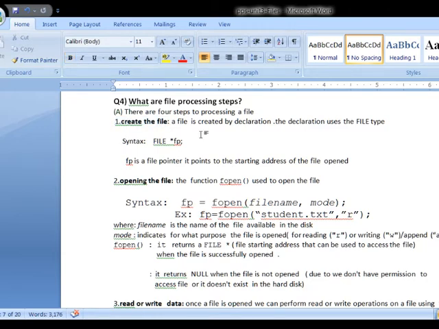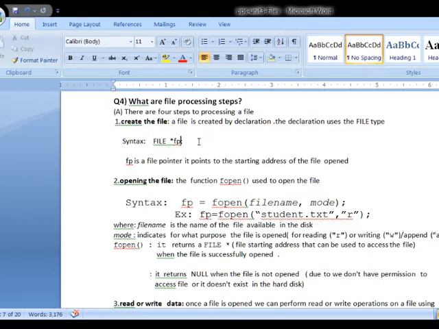A file is created by a declaration. The declaration uses the FILE type. The syntax for creating the file is FILE, then a pointer variable: star and variable name. Here fp is a pointer variable of type FILE, that means file pointer.